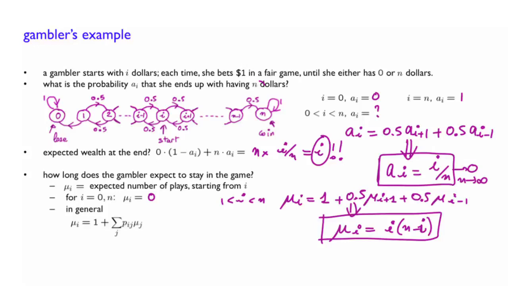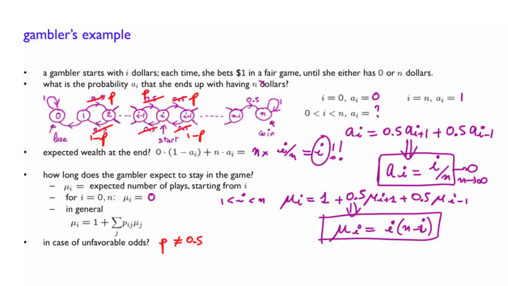Finally, what would be the case if you didn't have a fair game? For example, unfair to the gambler or unfair to the casino. So what we mean here is that the probability P is different from 0.5. So here instead of 0.5 you have P everywhere, and here of course you have 1 minus P everywhere on this side. So you have a probability P of winning and probability 1 minus P of losing each bet. So you might ask the same question.